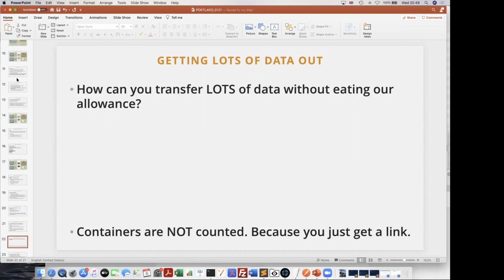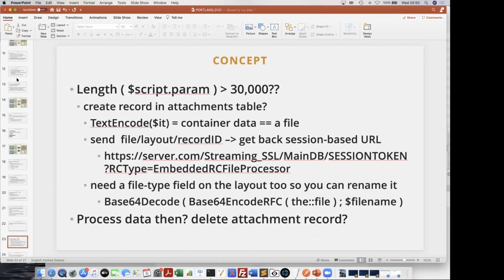Well, clue at the bottom, container fields are not counted as part of the data allowance. Why? Because all you get back is a link to the container file, a streaming link. The data isn't sent. You just get a URL link to that container. So if the length of our script parameter arguably is over 30,000 characters, so we know we can't send it, what